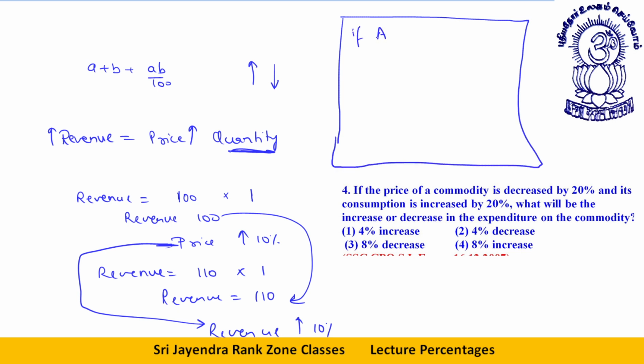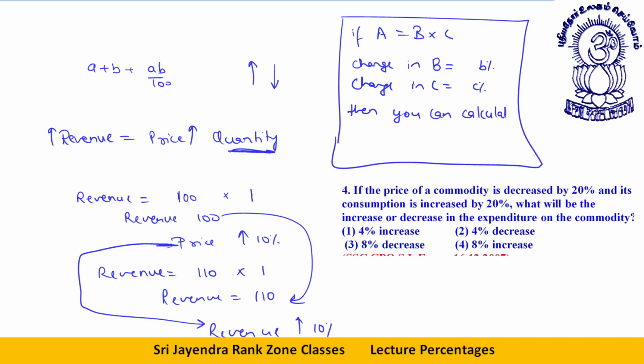Same is the case with quantity, I was telling. If the quantity increases, then the revenue also increases. If the quantity decreases by the same percent, revenue also decreases. If A is equal to B into C, suppose change in B is equal to b percent, change in C is equal to c percent, then you can calculate